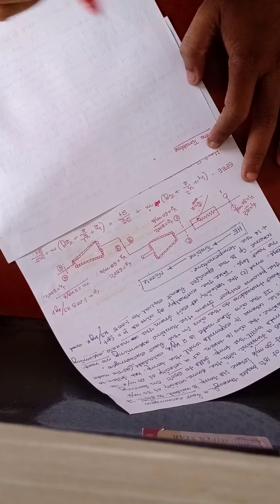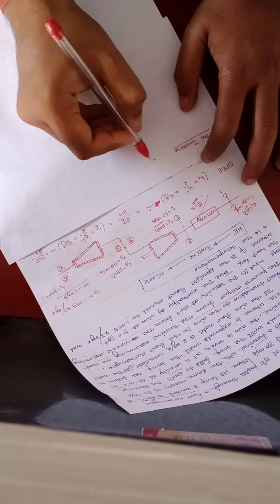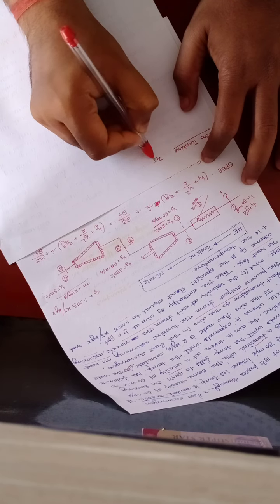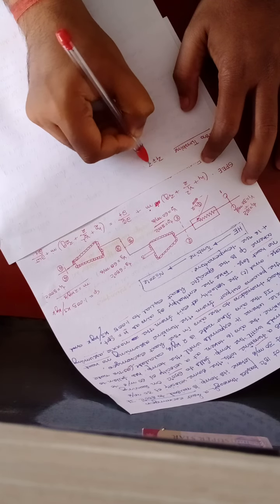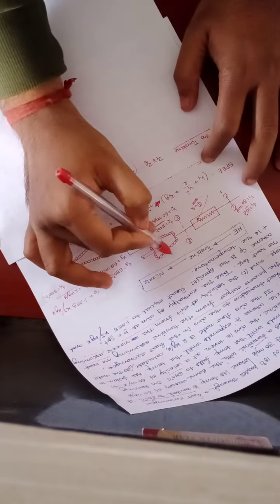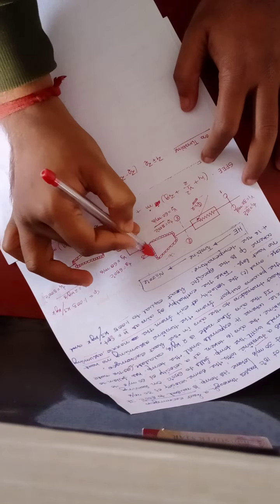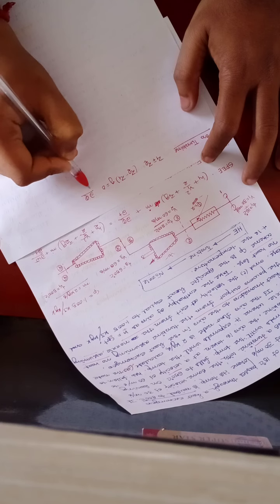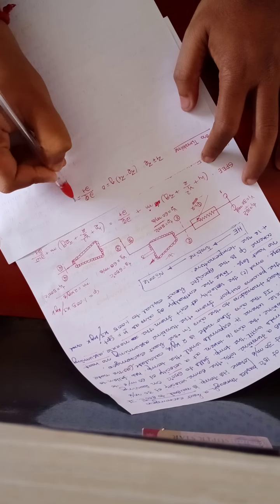Okay, so for the turbine, what is Z1? Z1 is equal to Z2. So we can say (Z2 minus Z1) into g is equal to 0. Okay, so this portion I am talking about. Now this is insulated. So if this is insulated, what will be that? So del Q by del T is equal to 0.